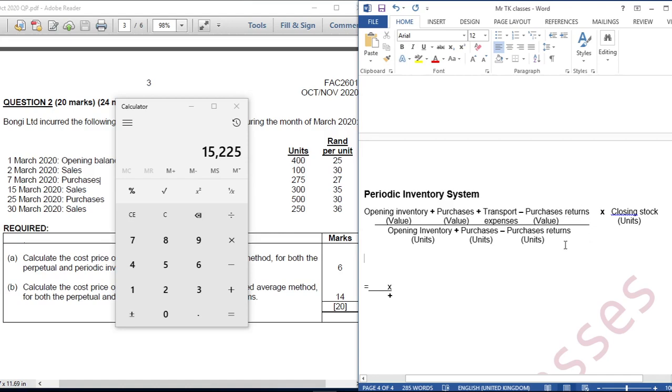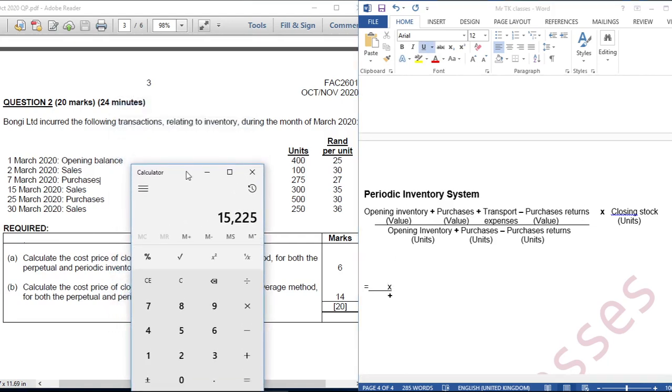Then all the inventory that we ever had in our business since the beginning of this financial period, we add the units down here. Then we say value divided by units. We get average cost price. We multiply by number of closing stock units. So what we are going to do, we are going to say